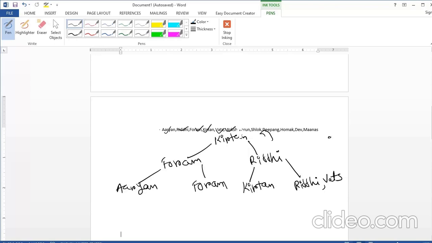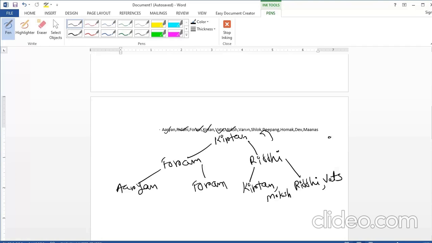Now the next value is Moksh, which will be inserted here after Kirtan. So we are going to have this value here, Moksh.